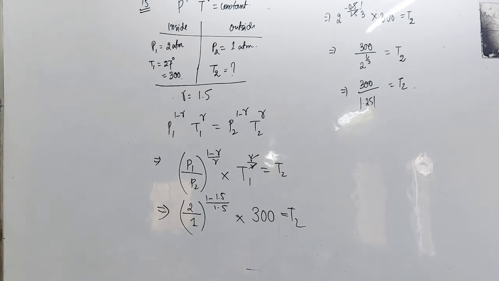Next question. Question number 16. The volume of a polyatomic gas, for a polyatomic gas gamma is 4 by 3, that is 1.33, is compressed adiabatically to 1 by 8 of the original volume, that is V2 equal to